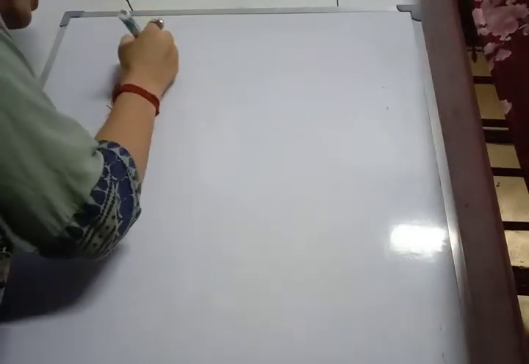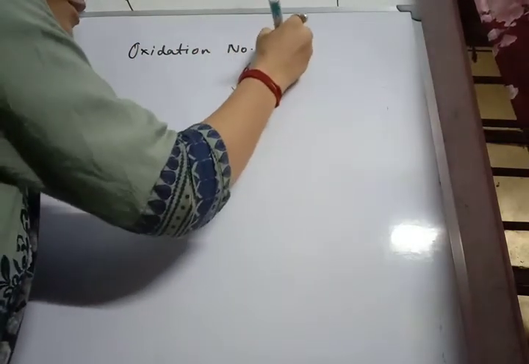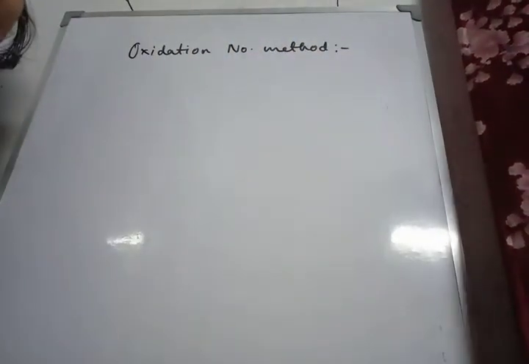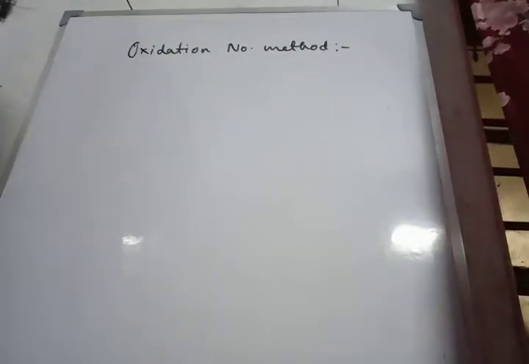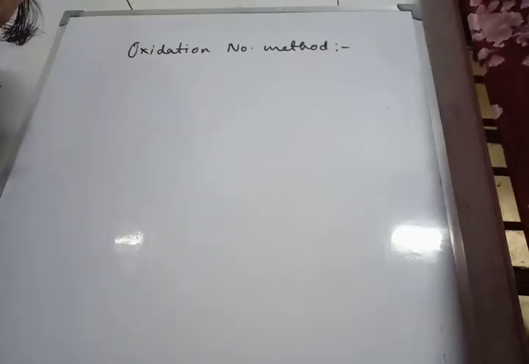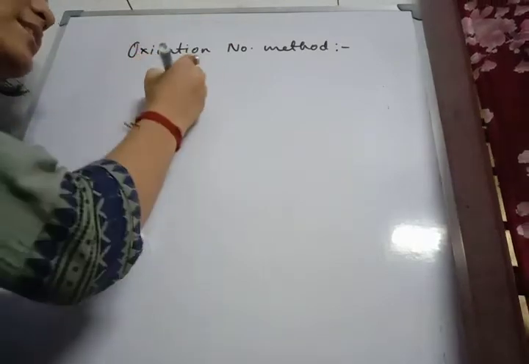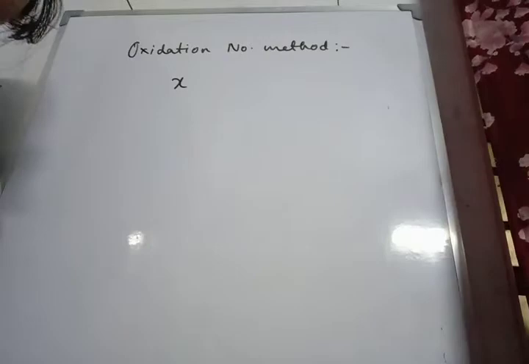We are going to talk about balancing a redox reaction by oxidation number method. First, we are going to study the points under this. First point, we have to write the skeletal equation given. Next, we have to identify the oxidizing and the reducing agents in the given equation. Third, calculate the decrease in oxidation number in case of the oxidizing agent. Let the decrease be x and calculate the increase in oxidation number in case of the reducing agent. Let the increase be y.